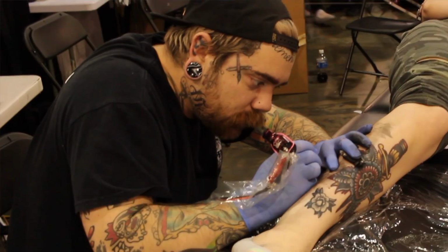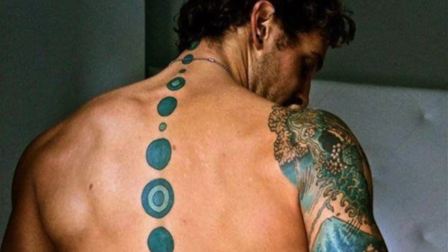Now, after all the people I interviewed, and I could speak for myself included, when you're getting tattooed on the elbow, you feel every needle penetrating your skin. So picture this, a needle that is continuously hitting your funny bone. Not fun. Ranking in at number 6 on the most painful spot to get a tattoo is going to the